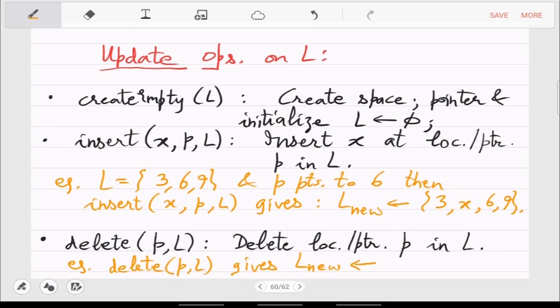It will delete 6, and you will get 3, 9. So delete reduces the length by 1 and insert increases it by 1.